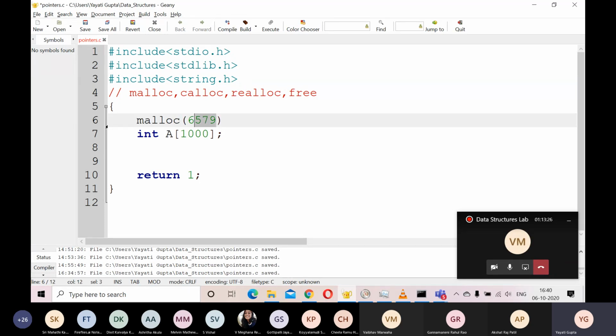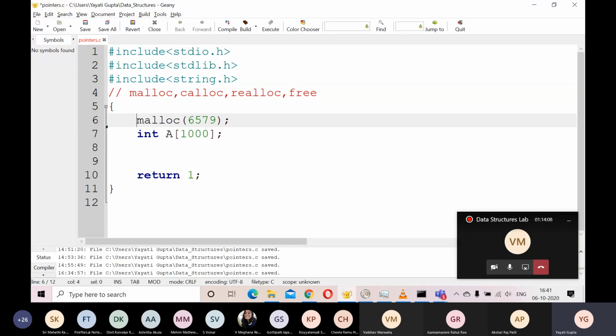It will go to your memory and find one contiguous chunk of this size, right? And what it should return to you is, exactly like this, the address of the first byte. Out of all these bytes, whatever the address of the first byte is, that is returned to you. What will its return type be if it is returning an address? It will return a pointer, right? Because pointers are the variables which contain addresses. So this malloc function will return you a pointer.